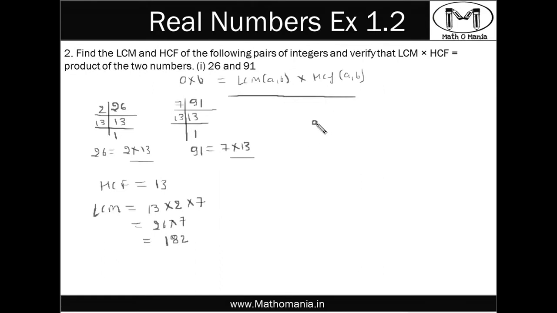The product of two numbers, that is 26 into 91, must be equal to 13 into 182, right? And we know that 26 into 91 is nothing but 2366. Also 13 into 182 is also 2366. So basically this property holds good in this case, right? Moving to the second part,